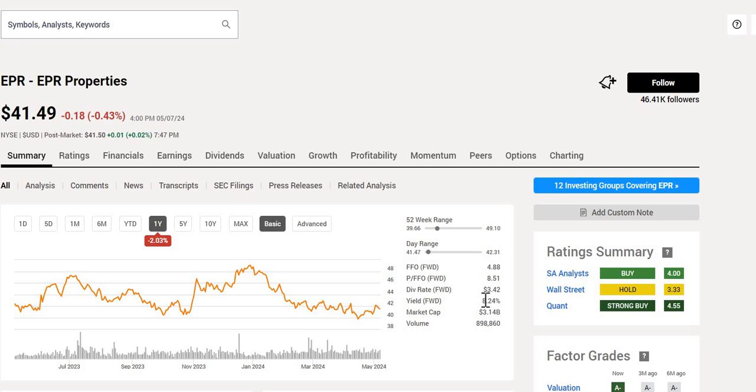It is a high yielder, as we can see on a forward basis, 8.24%. We have a strong buy from quant analyst, a hold from Wall Street, and a buy signal from Seeking Alpha. As we can see, currently trading right there towards their 52-week lows, and a P to FFO of around 8.1